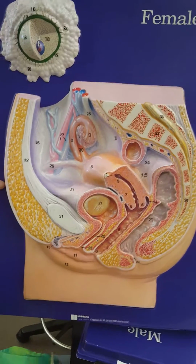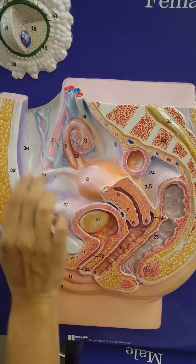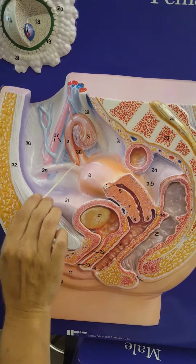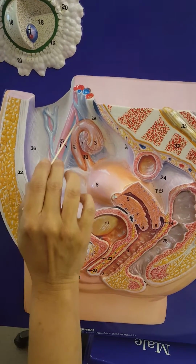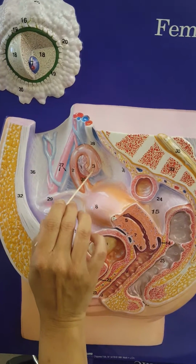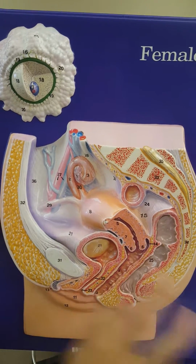Reproductive system plaque, and number 1 up here is the ovary. Number 2 is the uterine duct or the oviduct or the fallopian tube. So all of those names are fine. Those are all the same. And the very distal end, these finger-like structures are called fimbriae, and they move to kind of suck the egg